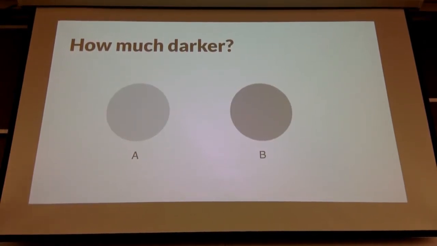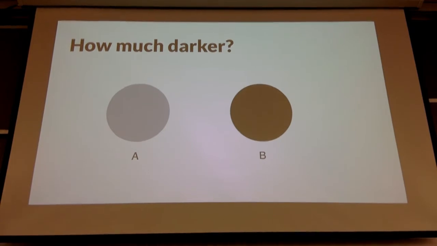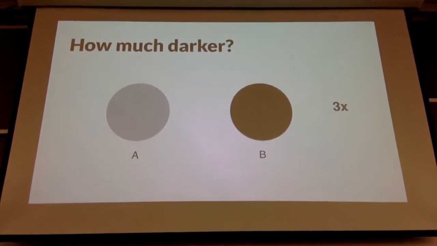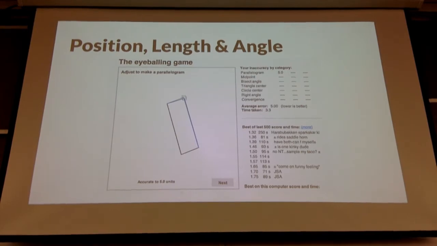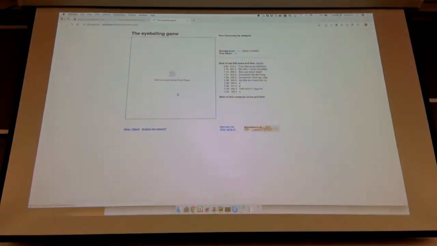How much darker is B than A? 3. It's about 2 times as dark. How much darker is B than A now? That's a lot. 8. It's about 3 times as dark. So what we can see here is that the precision of how we can perceive those channels is really quite different. And kind of related to this is this game, this eyeballing game here,